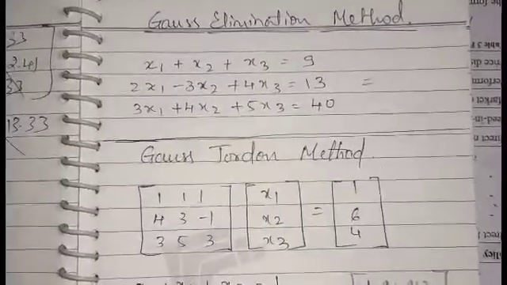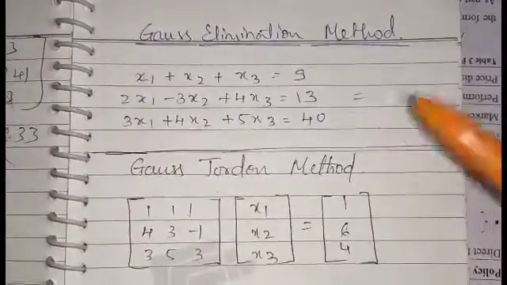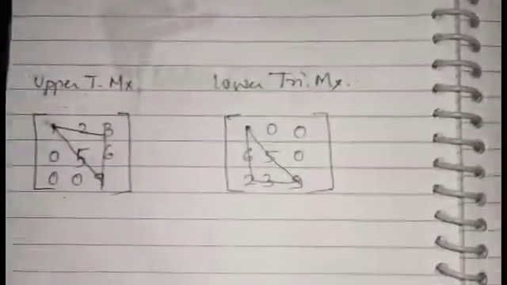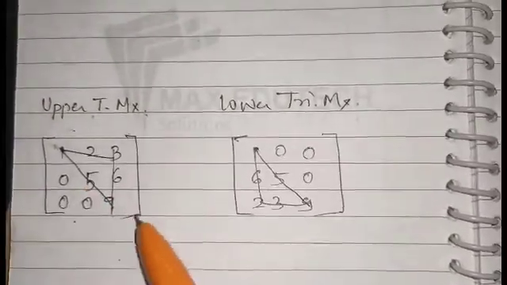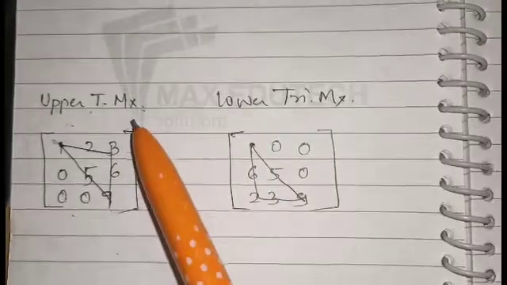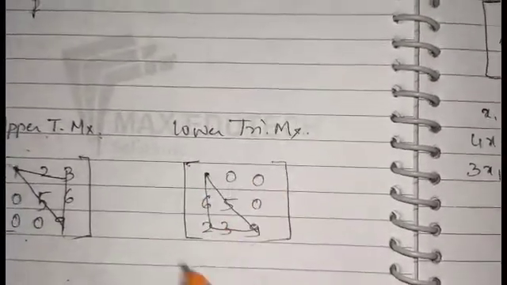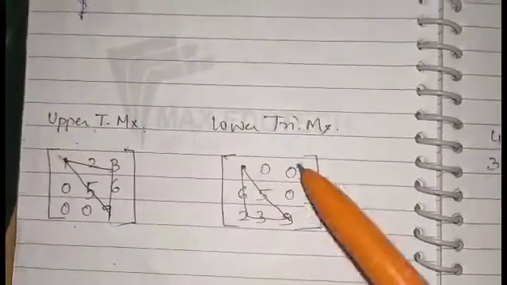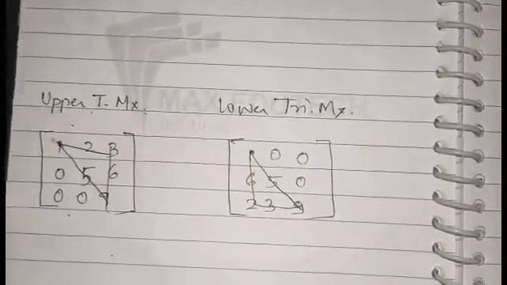The main difference between these two methods is that in the Gauss elimination method, the given matrix is first converted into an upper triangular matrix or a lower triangular matrix. Upper and lower triangular matrices will be in this form, where the elements below the diagonal are 0, then that is called an upper triangular matrix. When the elements above the diagonal are 0, it is called a lower triangular matrix, which will be in this form. After this we apply the backward substitution method or the forward substitution method to find the solutions, which I have shown in the previous video.